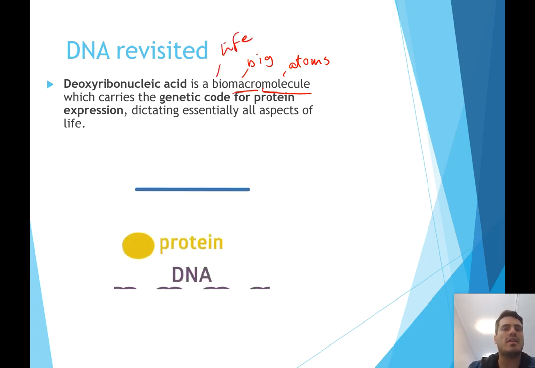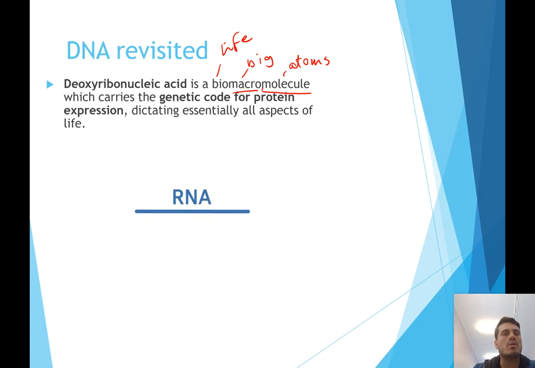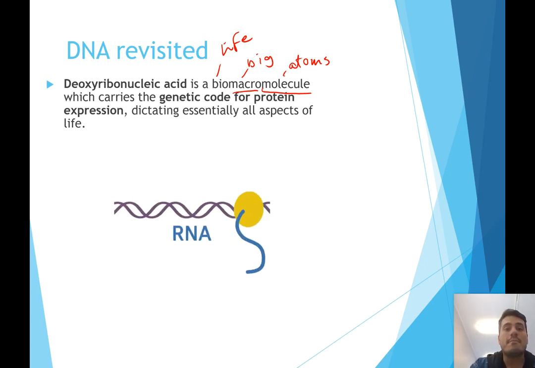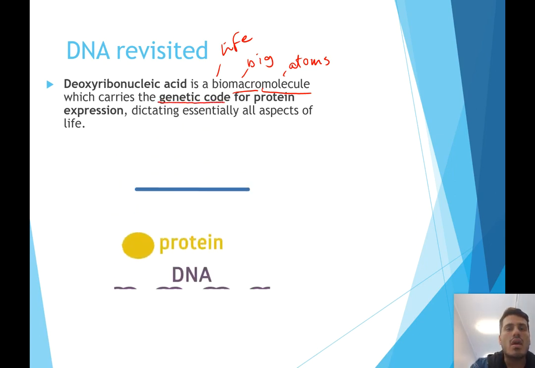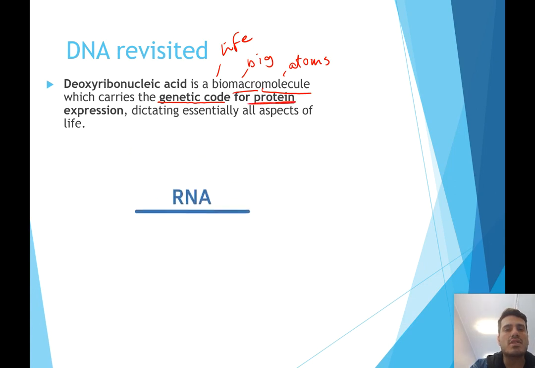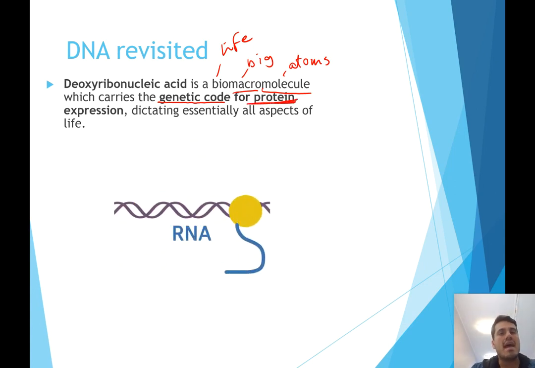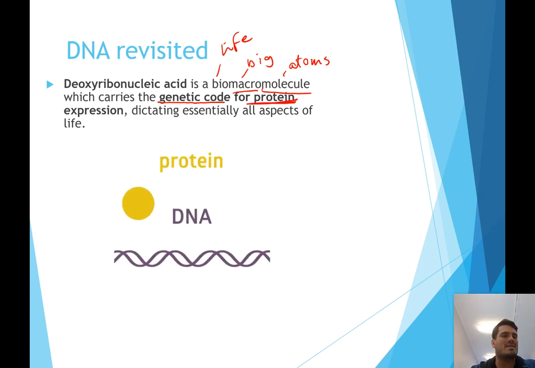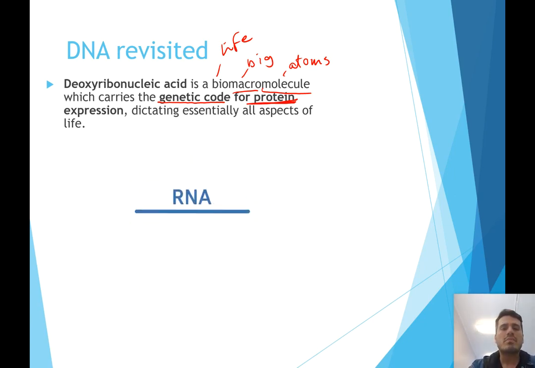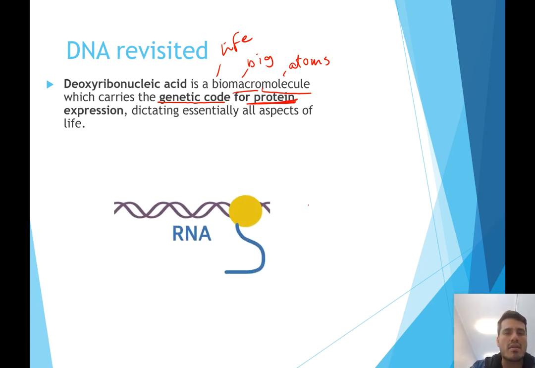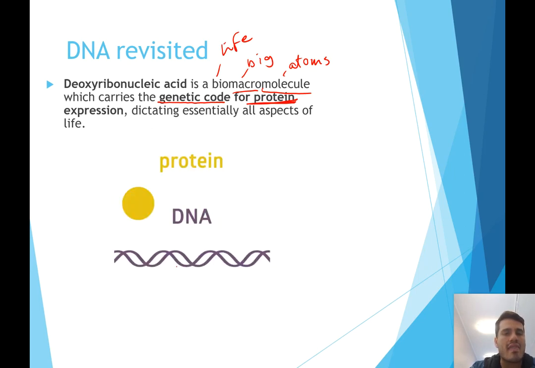It's essential for life. And it's a biomacromolecule that carries the genetic code for protein expression. So, genetic code for a protein. And this dictates essentially all aspects of life. Okay. So, we can see in this little diagram, we have the DNA, which makes RNA, and that makes a